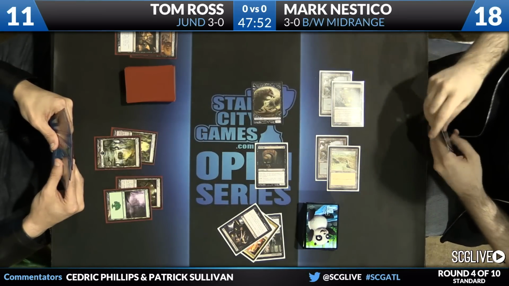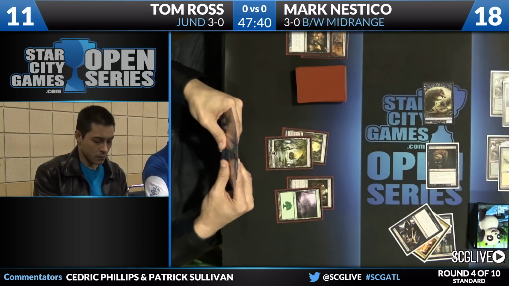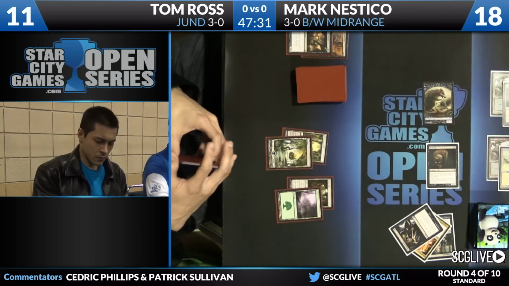And Nestico with more removal spells left over in his hand. It appears another Devour Flesh and another Hero's Downfall, so he can answer cards like Desecration Demon or even Vraska. And I anticipate Pack Rat running away with this game. We've seen a lot of people with a lot of different answers to Pack Rat. We've seen Gary Charms and Bile Blights and Verdicts and Detention Spheres, but as you mentioned, Ross's deck, pretty light